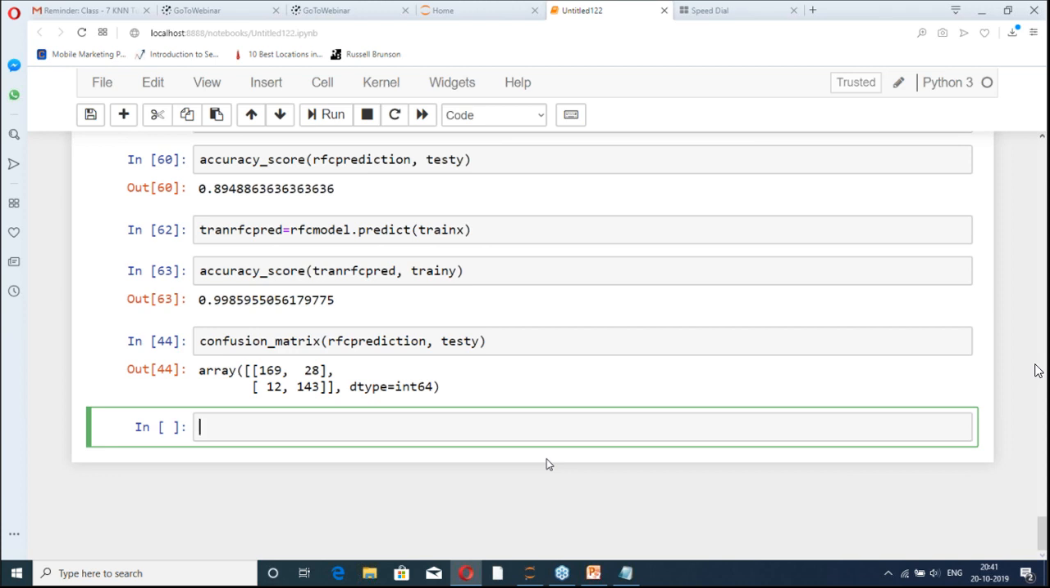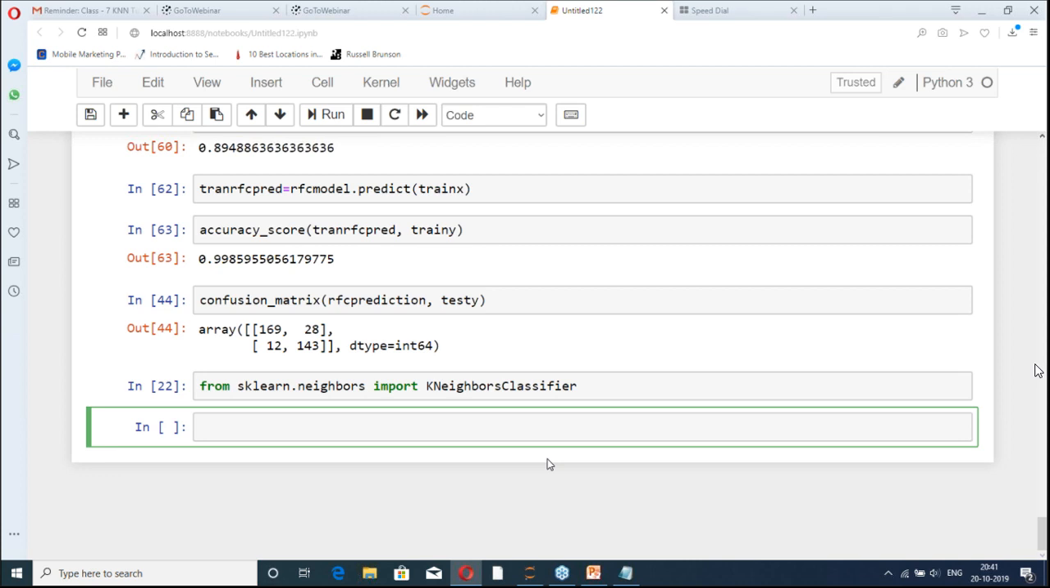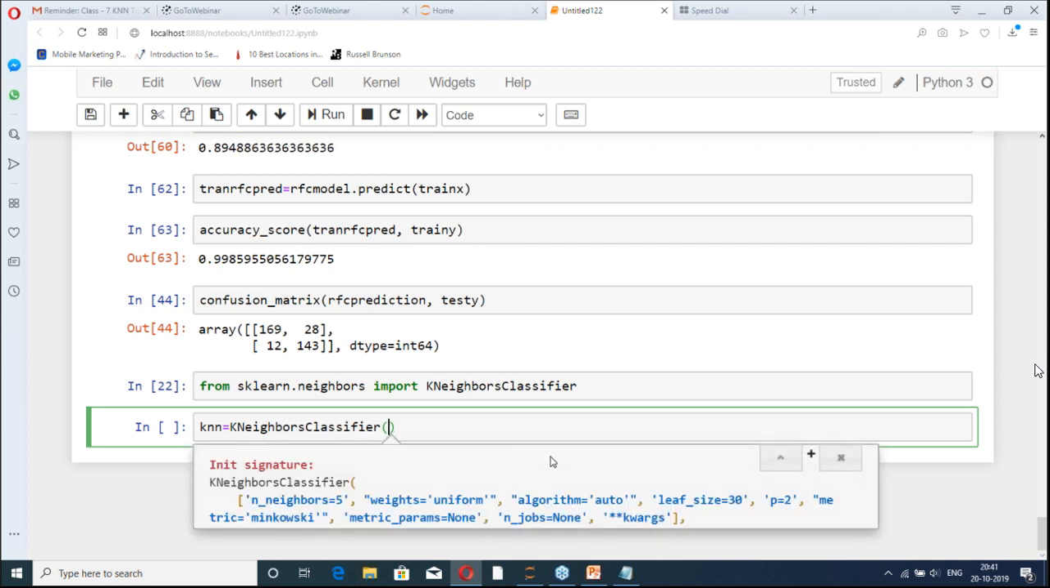So how do we do this? From sklearn dot neighbors, within neighbors we will import the k nearest neighbor algorithm, right? That is KNeighborsClassifier, right? So we import it, and after doing this, we will create its object, right? So KNN is equal to KNeighborsClassifier, and here we can see what are the different parameters we can